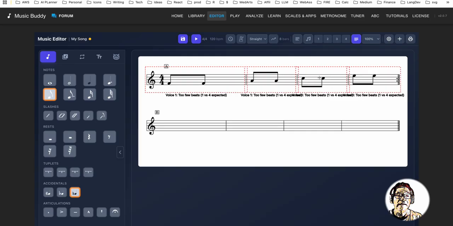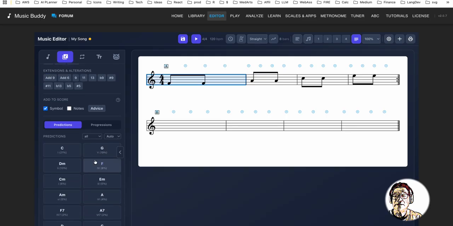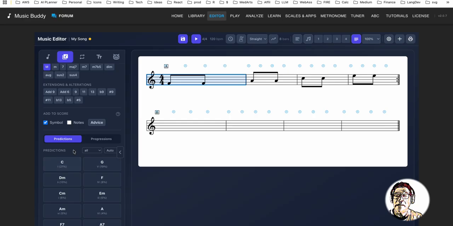Now, one of the things that I really like is you can come over to the chord editor, and if you pick a measure, you get chord predictions. And so the basic predictions here are based on a model that was trained on a lot of different songs. So what it does is it looks at up to 3 measures in advance of the current selected measure, and it tells you of all the songs that this was trained on, and was trained on lots of different genres. In fact, you can pick the genre here if you want to, we'll say jazz,